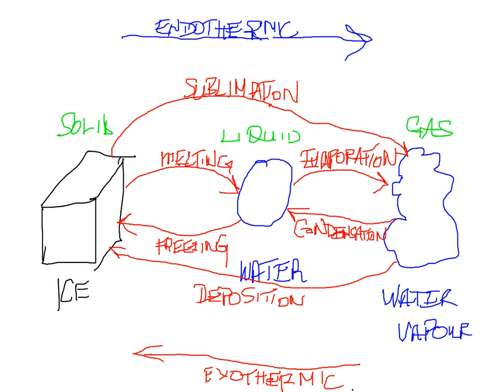So we refer to these as exothermic phase changes. They actually release energy. So condensation, freezing, deposition, the energy that was required to drive the transitions the other direction is released. And so these are so-called exothermic phase changes, moving from right to left. Now, if you were to further